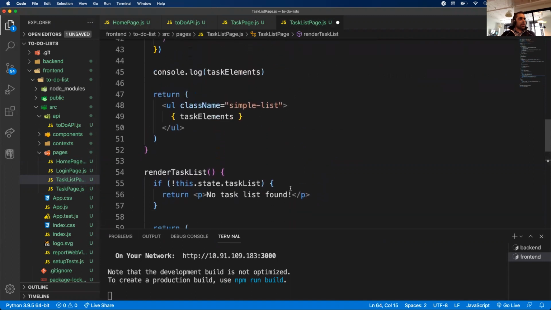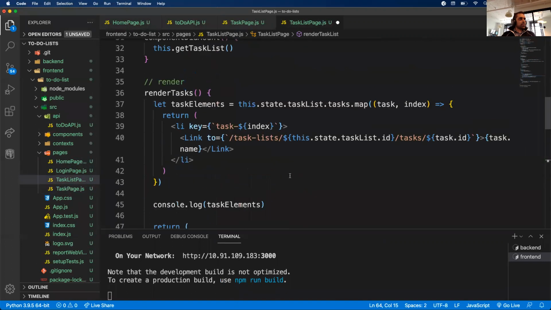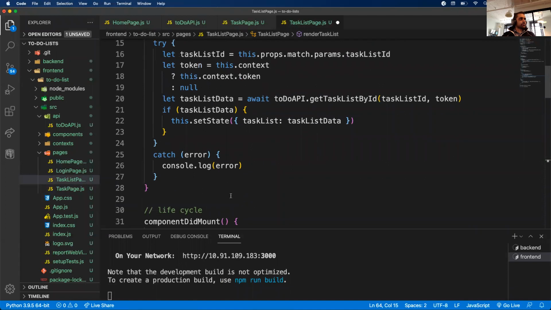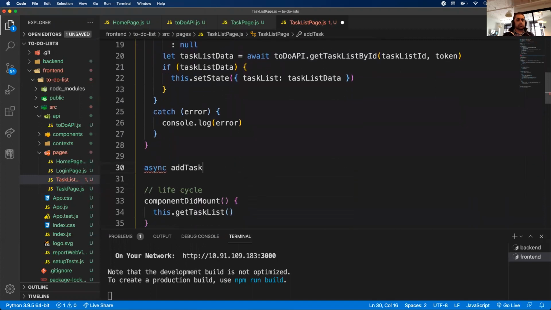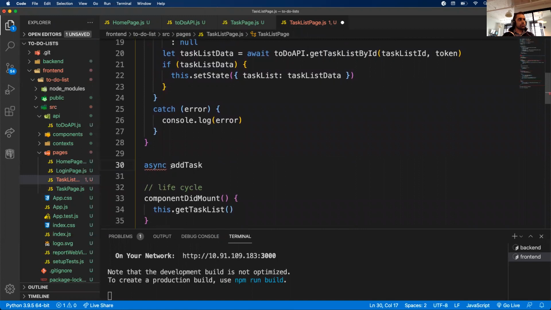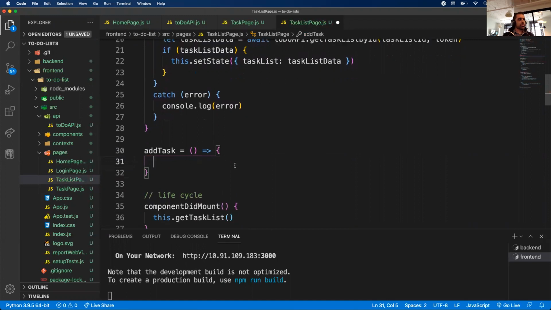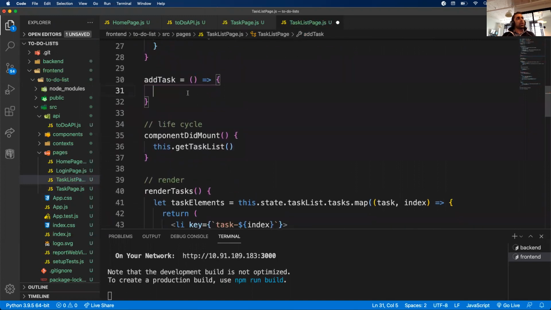All right, so we're going to add task. That means add. Like this anonymous function, just building and binding issues. All right, so here, we'll try